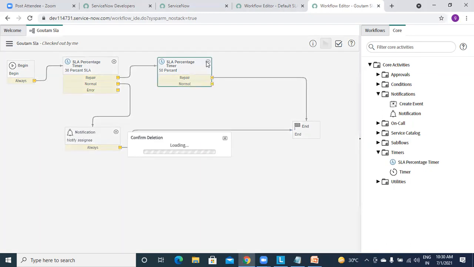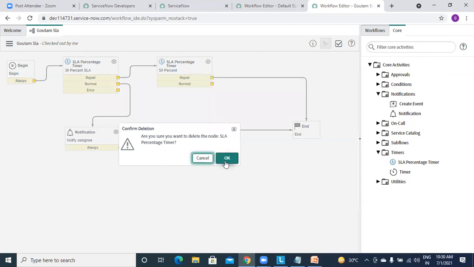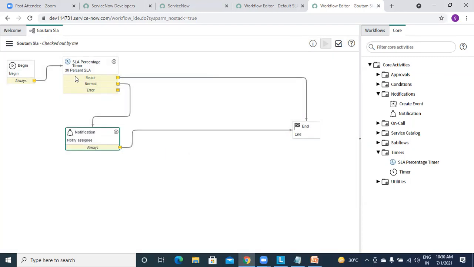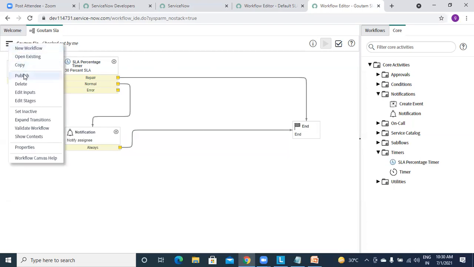So for now, just explore this one example. I'm even removing this. So whenever it reaches 30%, it should notify, and it should show us the body which we have given, email subject and body. Let's see that. I'm not adding any more activities, and I am publishing it.